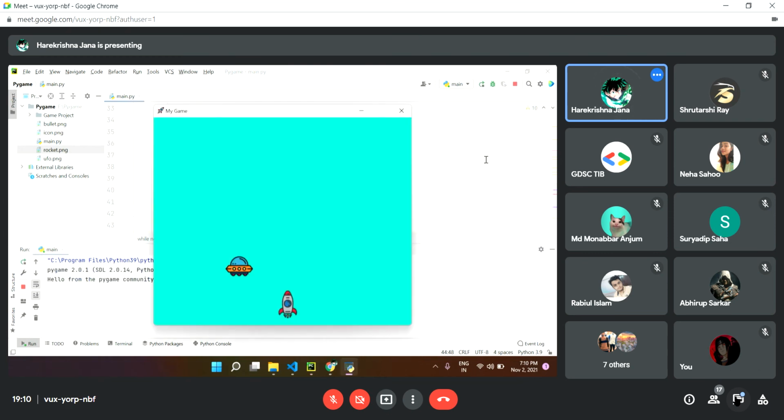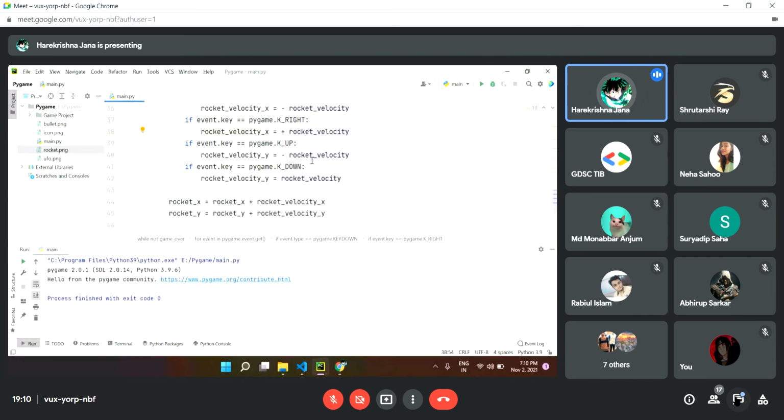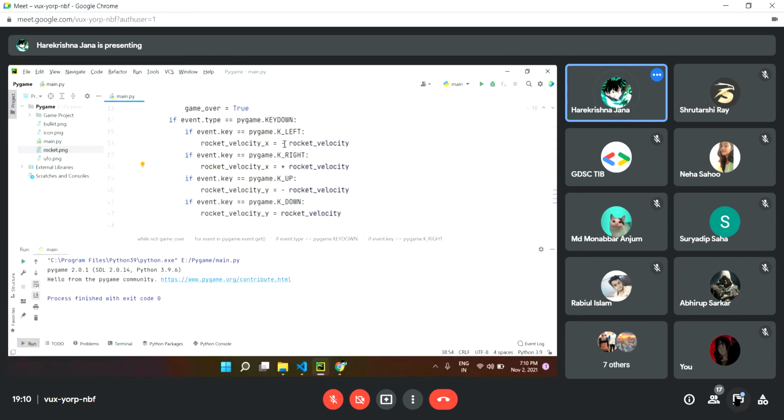Now if I press up button, it's going, but if I press one time, it is going to move once and then stop, and you can see it is going another way. So I want to stop that. To do that, I'm going to set,